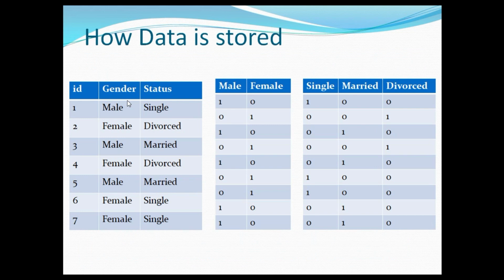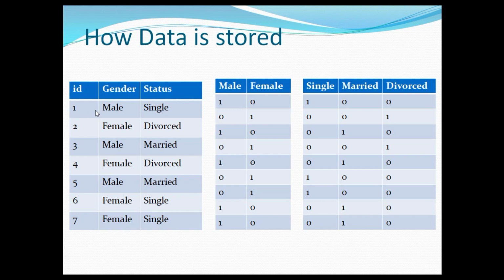Now let's see how the data is actually stored in a bitmap index. I mentioned earlier that while B-tree stores the data in the form of a tree, the bitmap index stores the data in the form of a 2-dimensional array. So here we have the table, and obviously I have minimized the table just for better display. It has these 3 columns: ID, gender and status. If I go ahead and create a bitmap index on the gender column, it will be stored in the form of a 2-dimensional array with 2 columns, male and female, and it will only store 2 values, 1 and 0. Let's see how it's going to work.